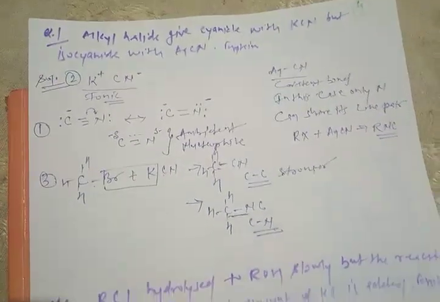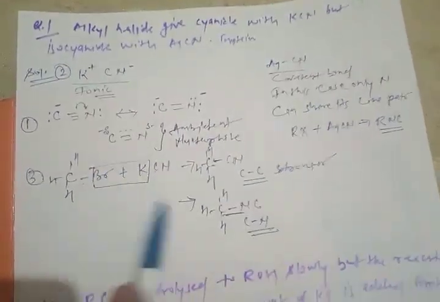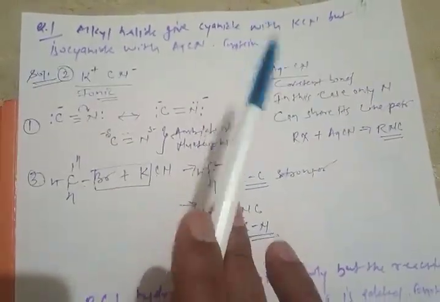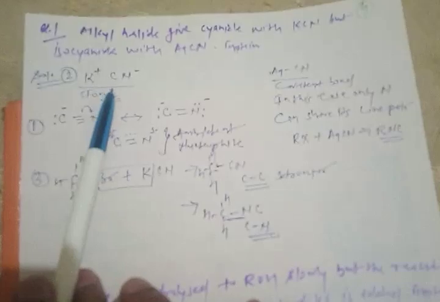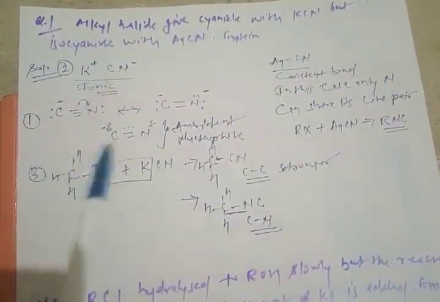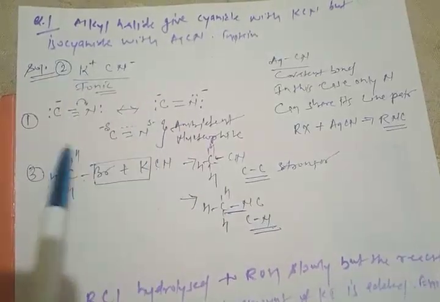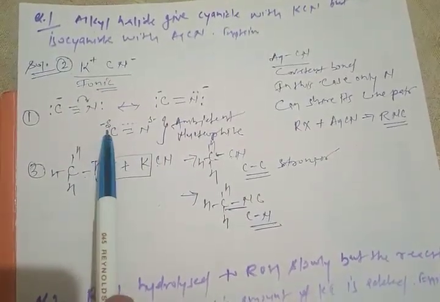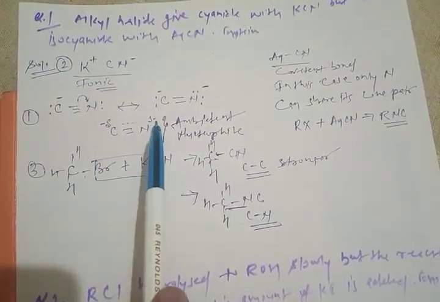Your answers are correct. I'm not saying that the answers are not correct, but you have to explain this detail, because the question says explain. First is ionic bonding and covalent bonding. This is no doubt correct, but additionally you need to understand the role of carbon negativity and nitrogen negativity, and which bond is stronger. Okay, let's move on to the second question.